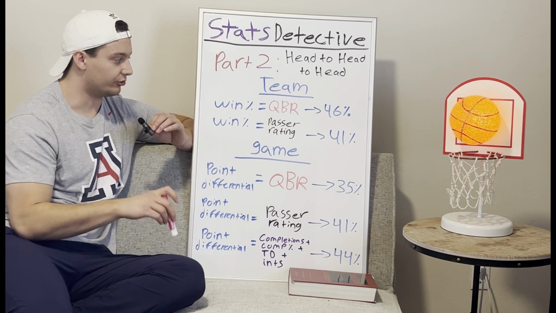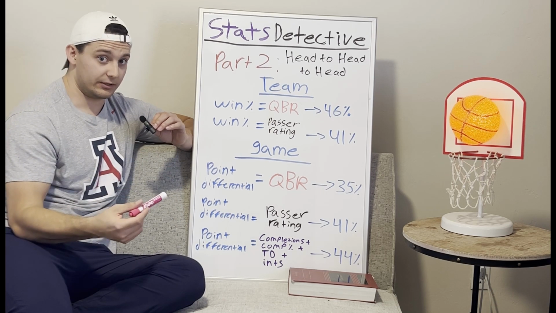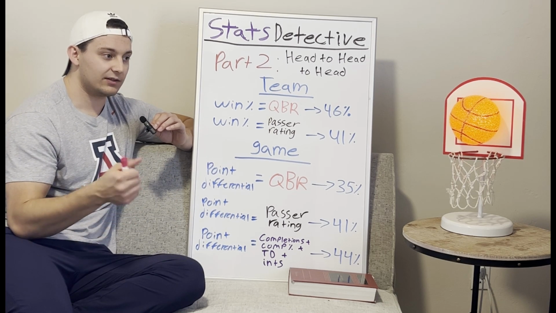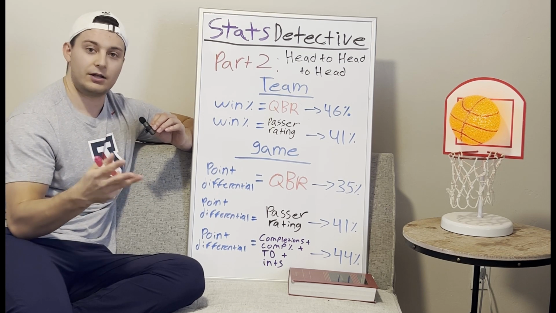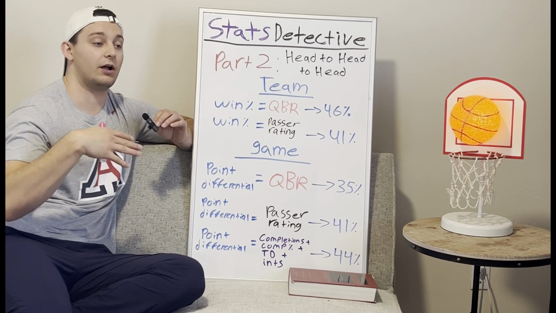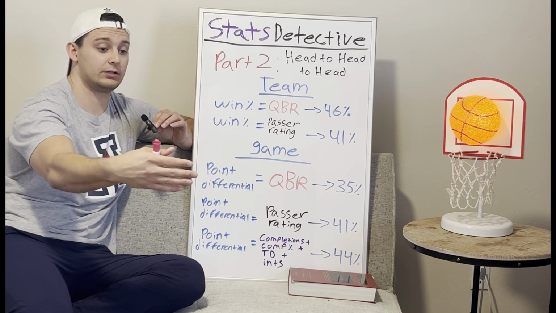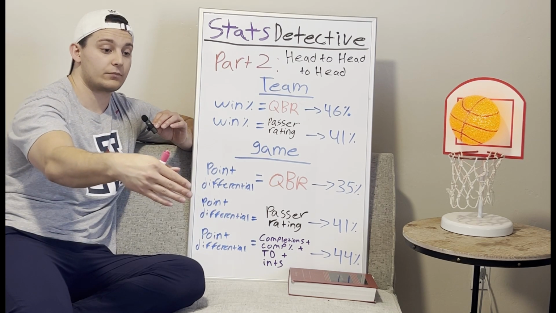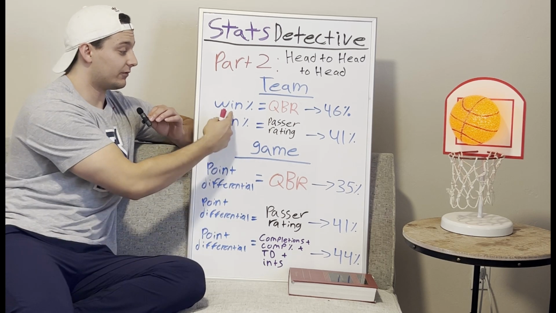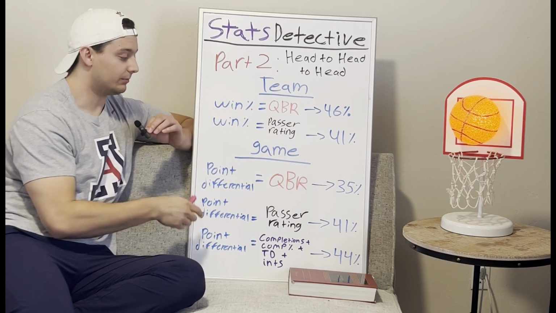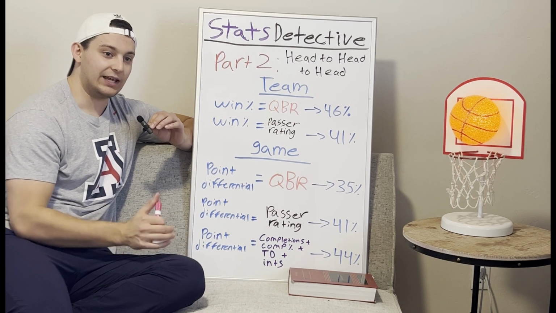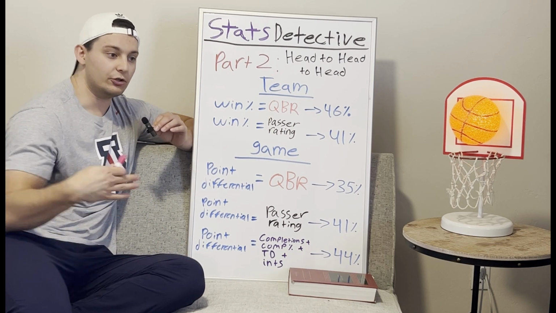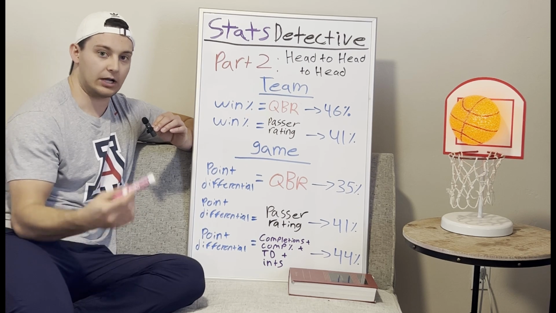Okay, but QBR does a better job. QBR probably does a better job because it includes things like defense adjustments and sacks and other things. So it kind of goes beyond the scope of a quarterback rating, which means it's good for predicting overall things like this. But as you'll see with the game data, it is not great at predicting the outcomes of games because it just goes too far, and the adjustments are probably not appropriate.